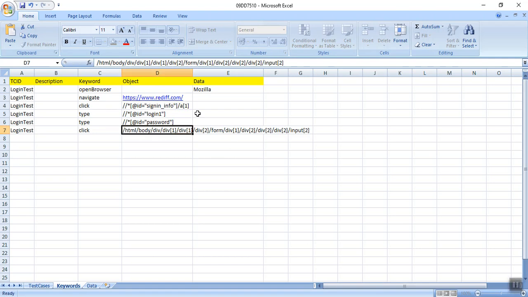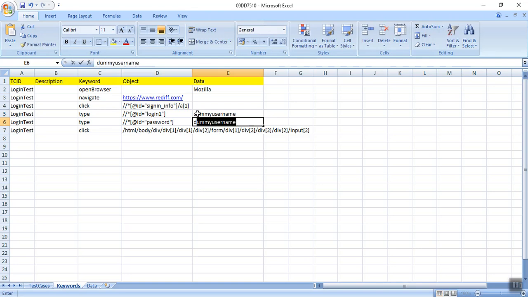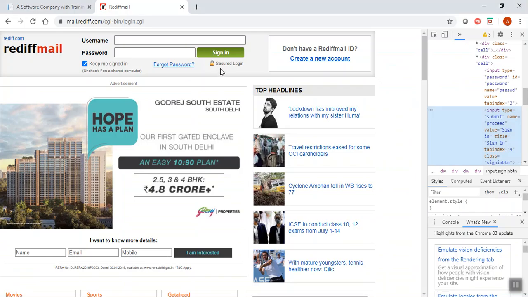And here we need to provide the data. Say some dummy user, some dummy user password. See what I do, I take out the proper XPath for the site. See, we have name is equal to proceed. So what I can do, input type is equal to submit.